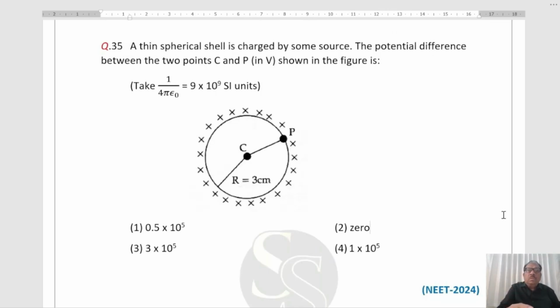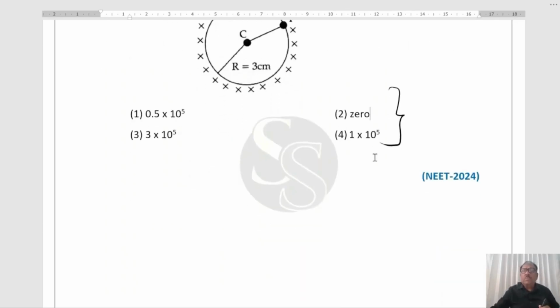A thin spherical shell is charged by some source. The potential difference between the 2 points C and P shown in the figure is, you have to select one of the correct answers, right? In this case,